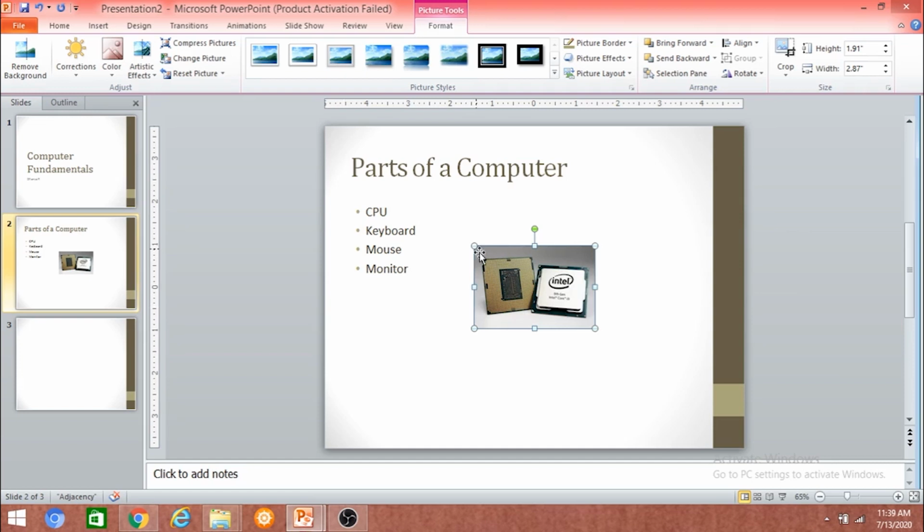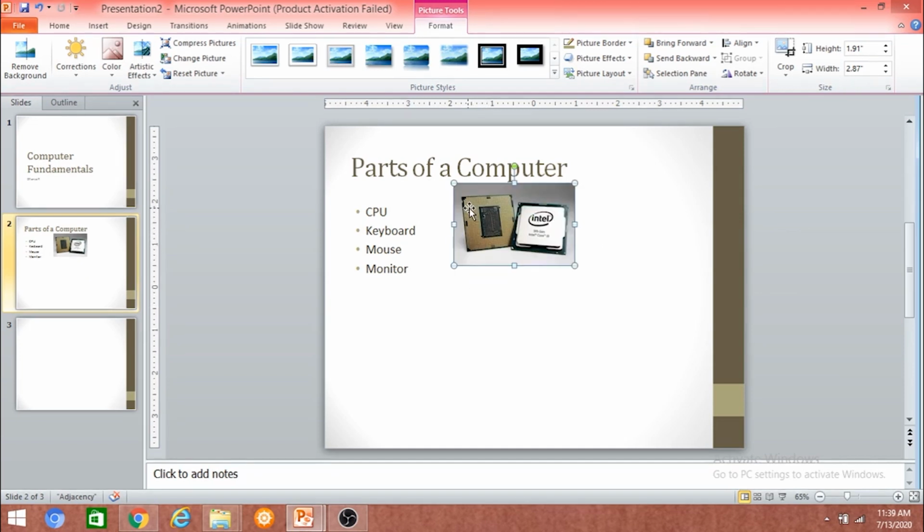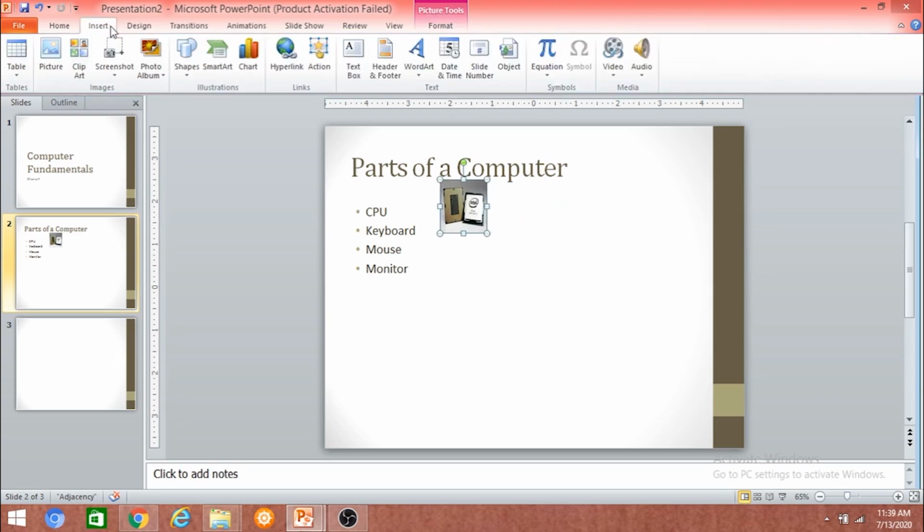By clicking and dragging, we can reposition the image. And by clicking on the small squares and the small circles, we can resize the image. So let us add more pictures.